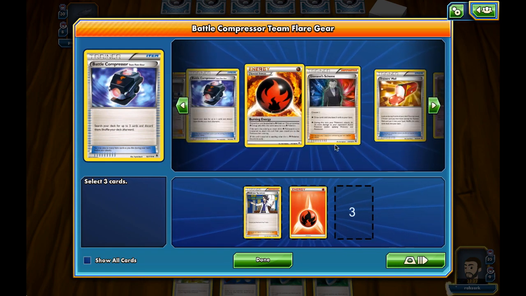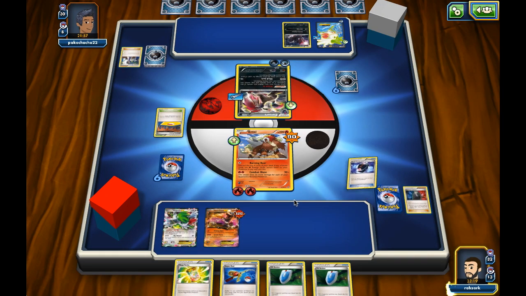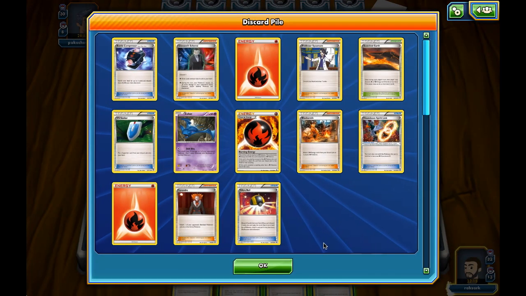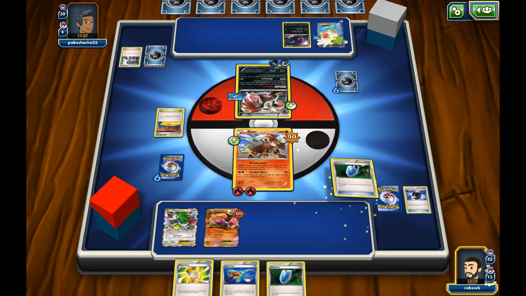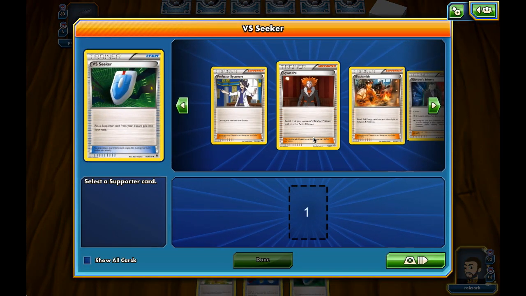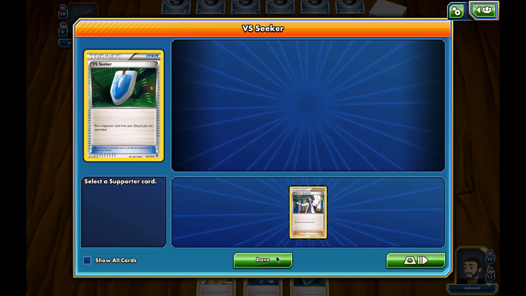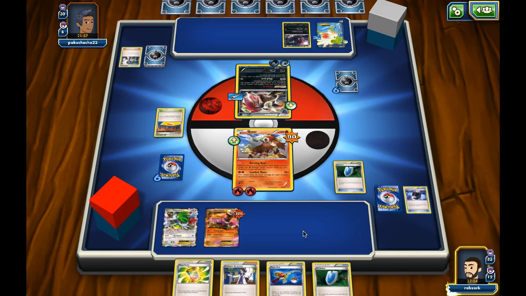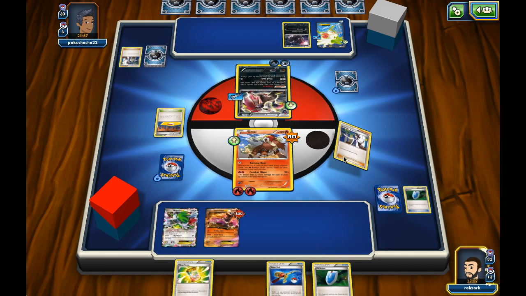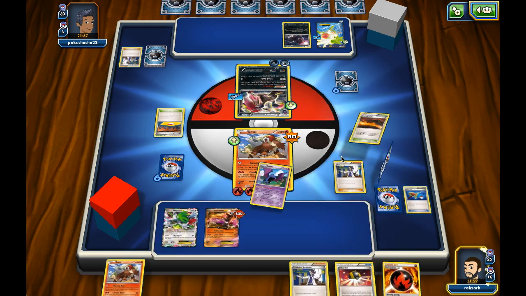Can go for... Oh, there's a Giovanni scheme. I like that. Okay. If I need 20 extra damage, which I don't think I will, but you never know, right? Maybe we just VS Seeker for that scheme, though. Nah, I think I just go for the Sycamore. Don't want to draw just 2 cards. I mean, I could play the Super Rod, but that wouldn't be great either, so...